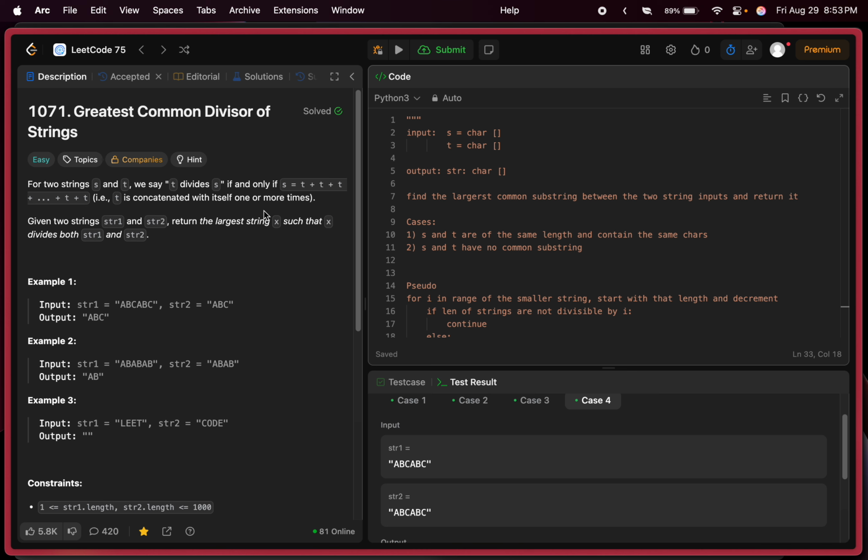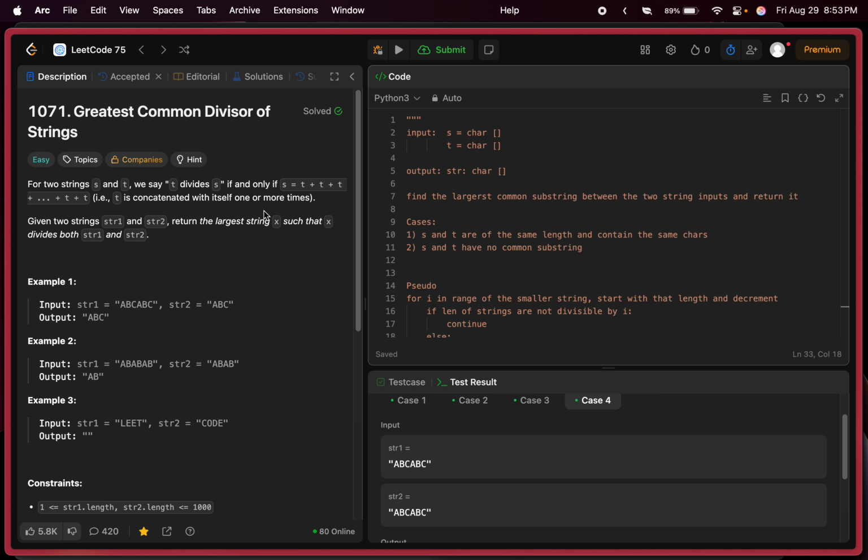For two strings s and t, we say that t divides s if and only if s is equal to t plus t plus t, and so on, i.e. t is concatenated with itself one or more times. Given two strings, string 1 and string 2, return the largest string x such that x divides both string 1 and string 2. So if string 1 is ABC, ABC, and string 2 is ABC, then the output would be